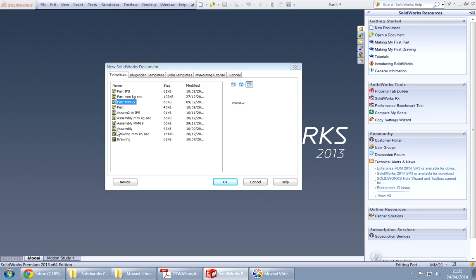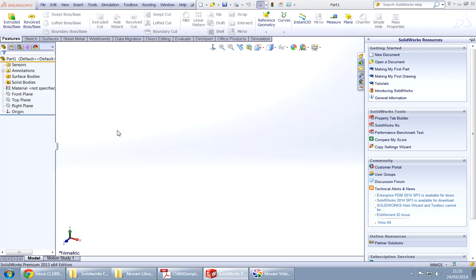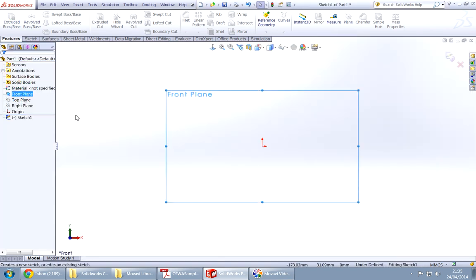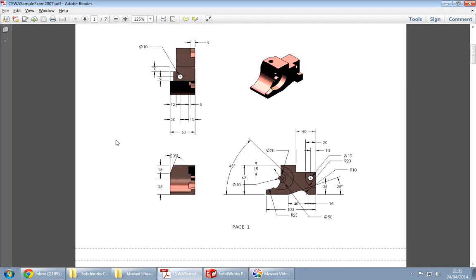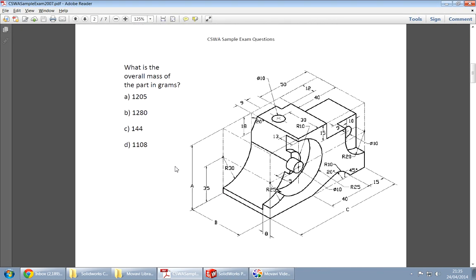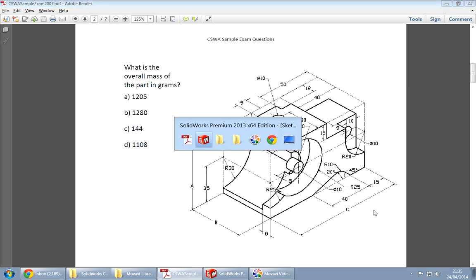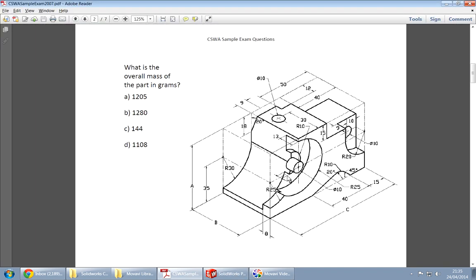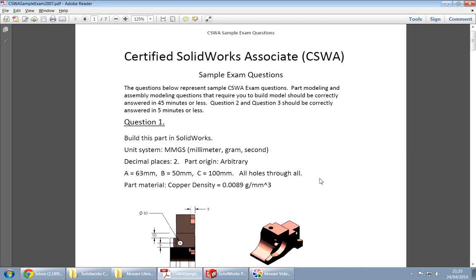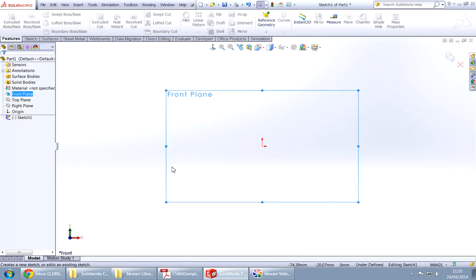It's taking some time to load. Choose the front plane, go back to the drawing and see the dimensions. First we draw a cube and then we cut through different holes and cuts that we need to make on that part. Okay, so it's C. How much is C? C is 100 millimeters. So use the right mouse,